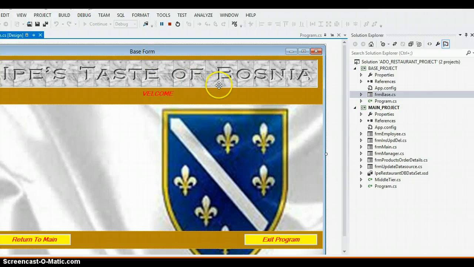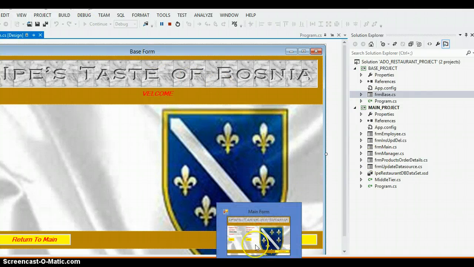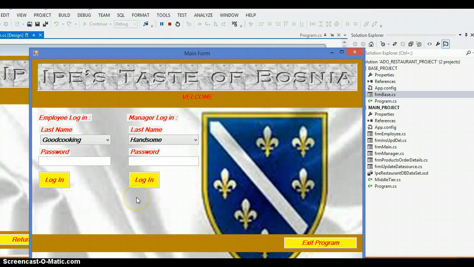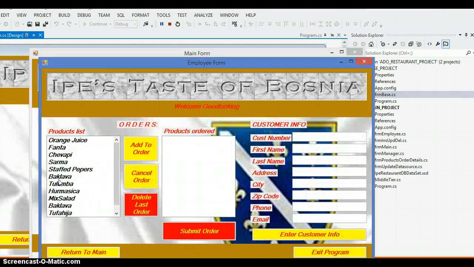And so if I start this application, I get to the main form, from where I can go in two directions. First, I can log in as an employee here. The password is actually the employee number in my database, so it has a validation in my middle tier class. If I log in here, it takes me to the other form where I can order